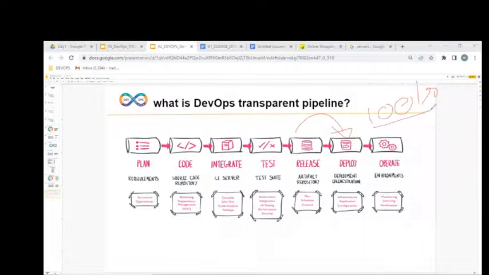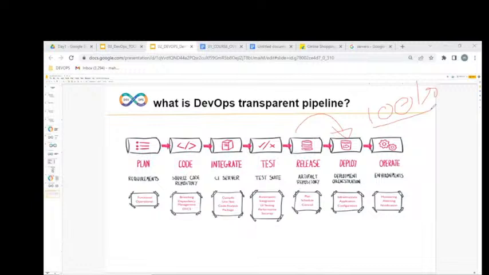For example, I want to create a file on 100 servers. If I do it manually one by one, how much time will it take? Just creating one file on 100 servers. If you want to install software, or delete a file, doing it manually, how difficult? Please think about it.